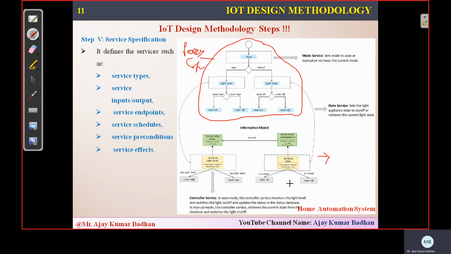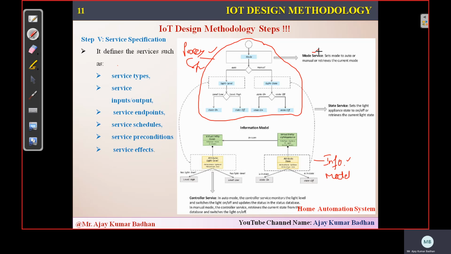Can anyone tell me? Well, actually, this is the diagram related to your, just now we have seen it previously, right? That is the diagram represented here. That is nothing but the information model. We have seen the information model, right? So that information model actually consists of this body. So this is your information model specification.